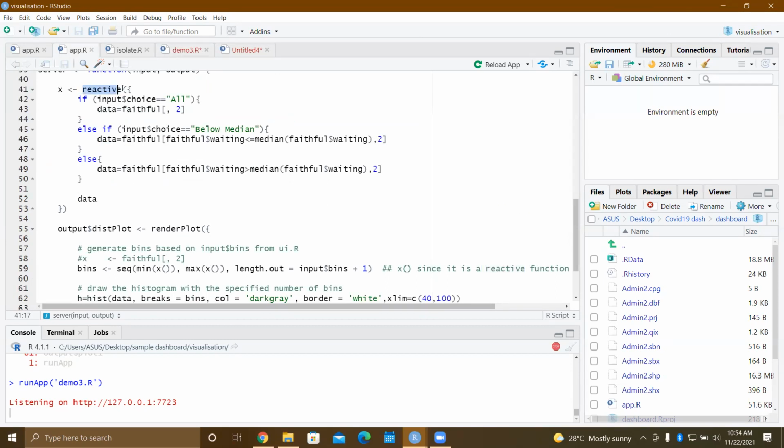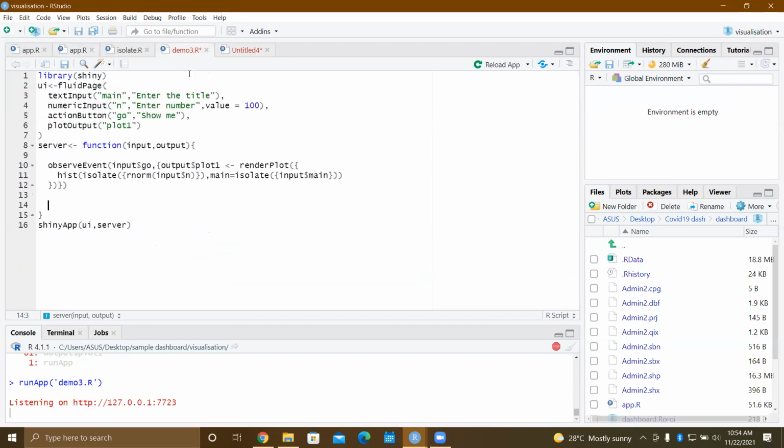What reactive does is, depending on the input in the choice, it changes the data. The same thing is happening in event reactive. There is a trigger button, let's say go, and it will change the data accordingly.